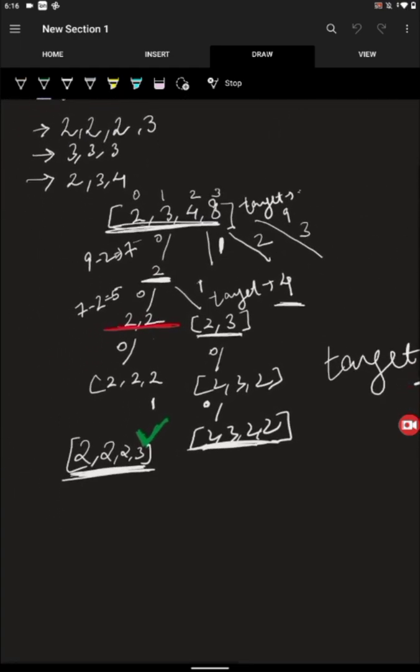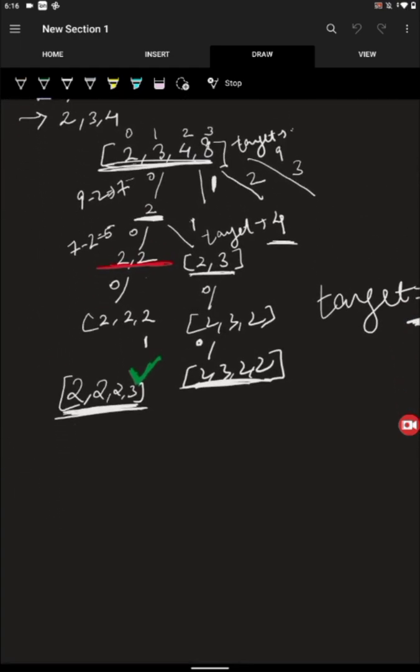So now let's get into the implementation of it, right? If we consider its implementation, then what can be done? What all do we need first of all? We obviously need an index. What else do we need? We need a target, we need an index, we need the array of course, and obviously if we are having